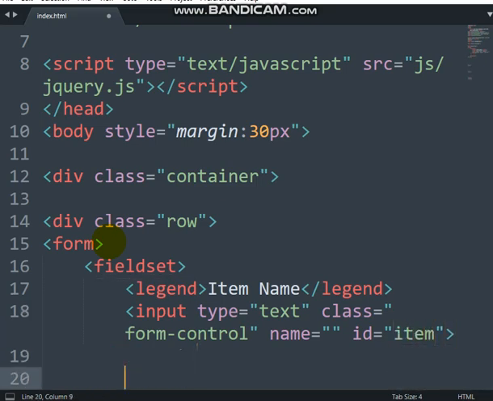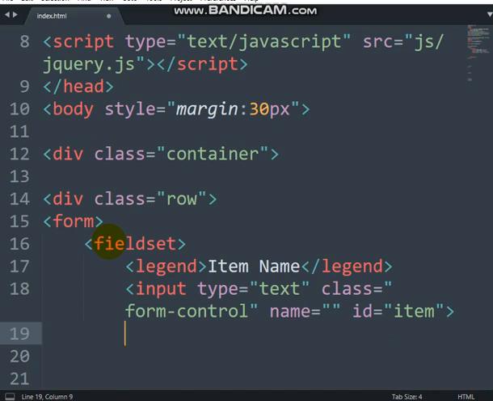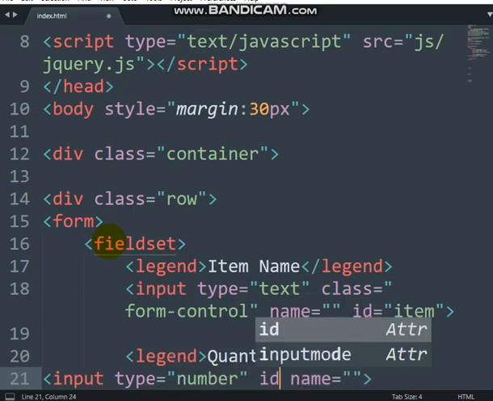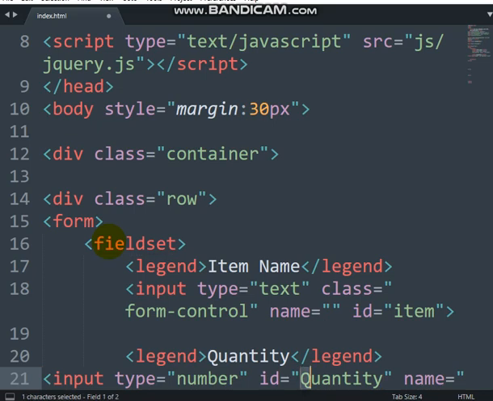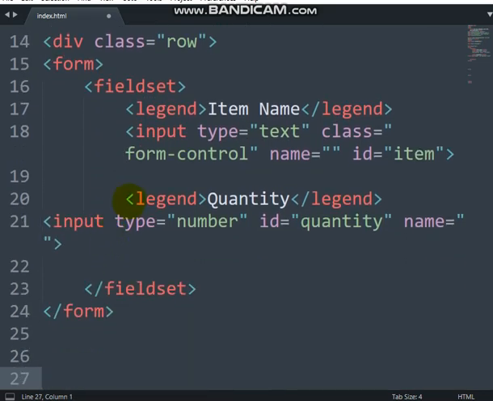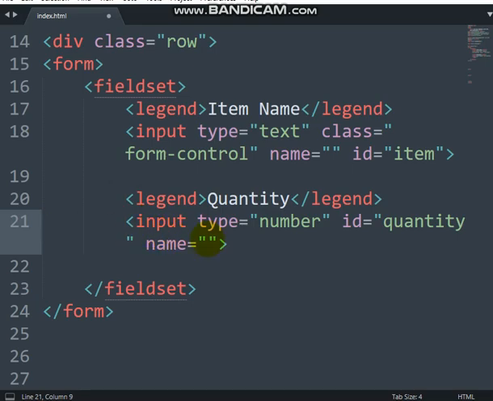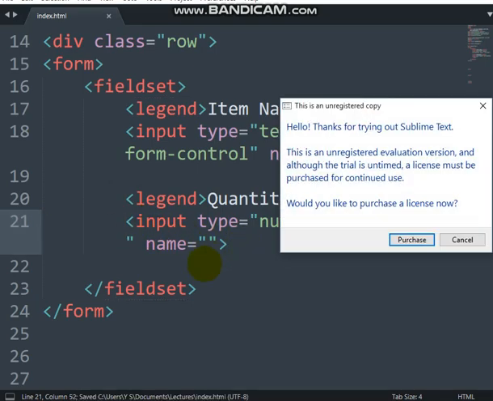So when you are through with this, create another legend here. That is for quantity. So the input should be quantity, type number, ID quantity. I'm going to stop at 2 fields. If you want to add more, it's simple. You can just add more. So we are going to have